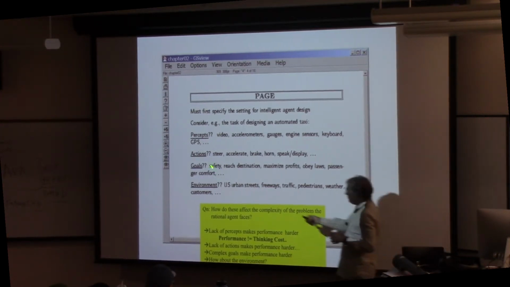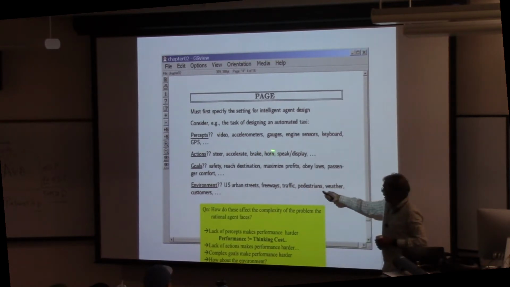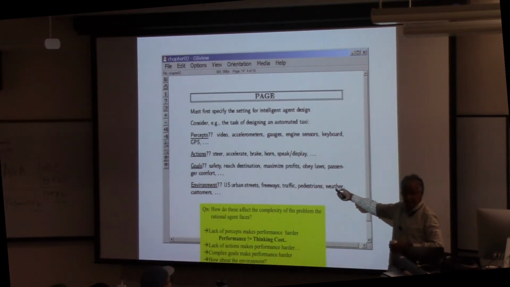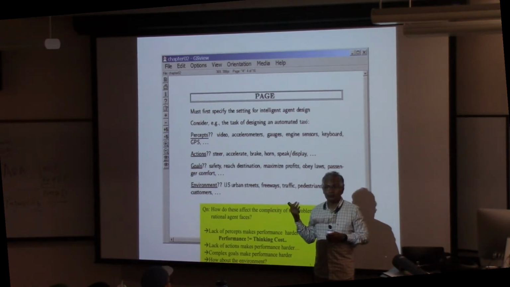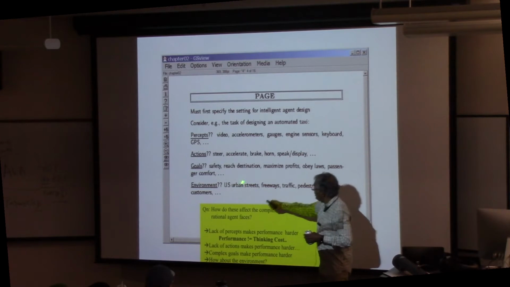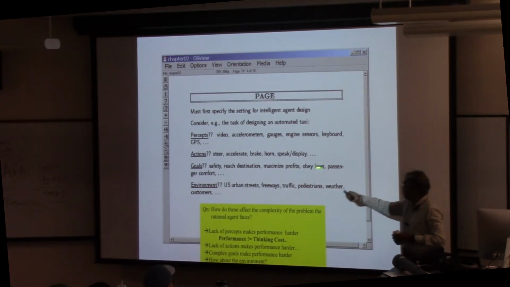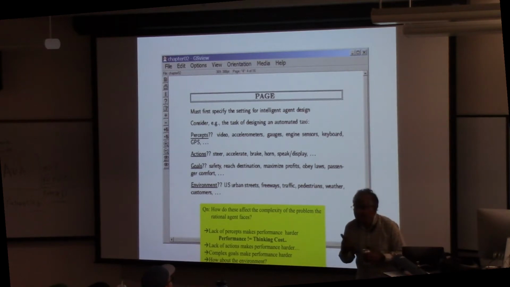The kinds of actions it can get: steering, accelerating, braking, using horn, speaking, displaying, the kind of displays that you are particularly good at doing when you are driving, that involves fingers. All of those are actions. Okay, those are all the actions you get to do. Goals: safety, reaching destination, maximizing profits, obeying laws, passenger comfort. These are actually sometimes conflicting